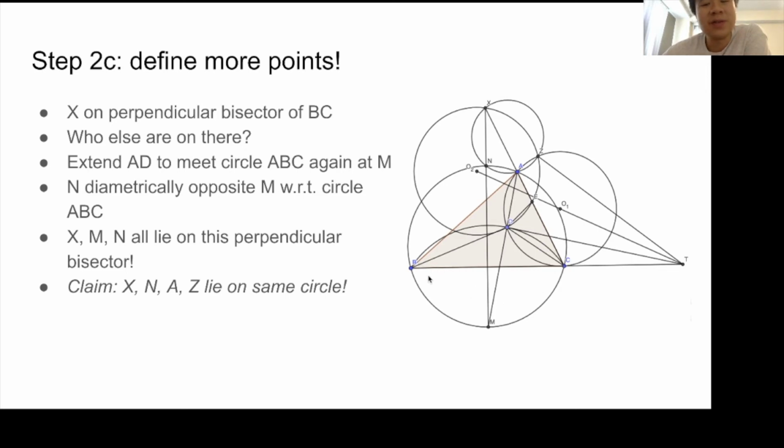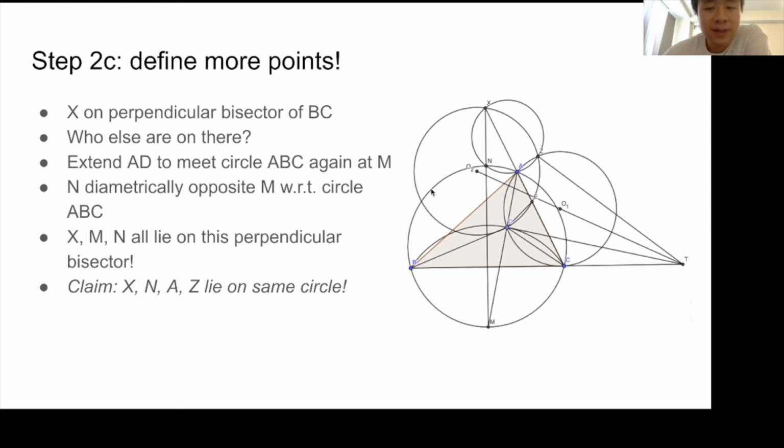Now we also need to remind ourselves that this point D is on the angle bisector of BAC, which means that if you extend the line AD to meet the circumcircle of triangle ABC, then it will be at M, where M is the midpoint of the arc BC. It just turns out that BM equals MC because M is on the midpoint of the arc, and therefore you have X and M lie on this